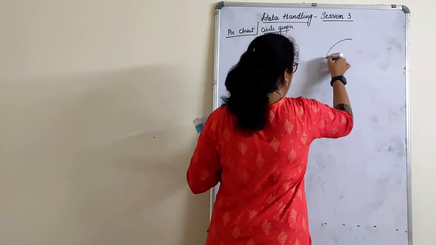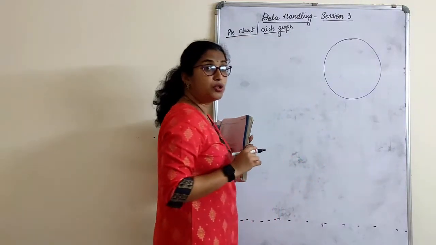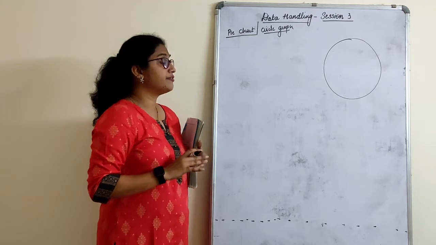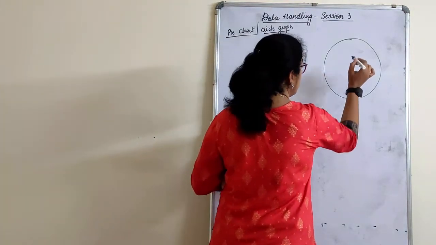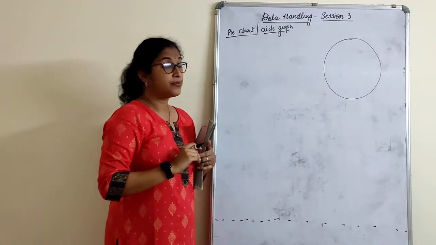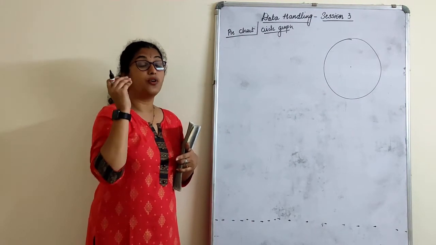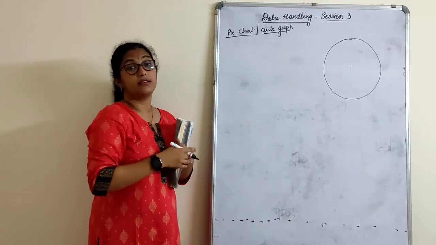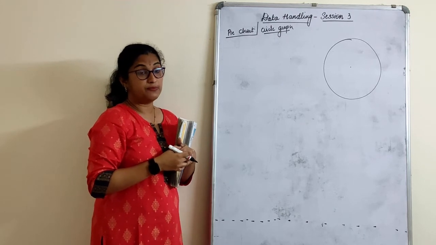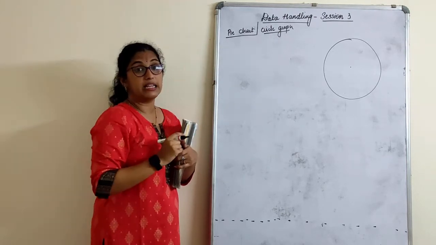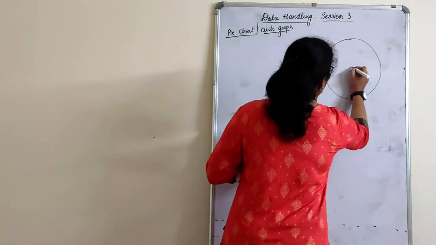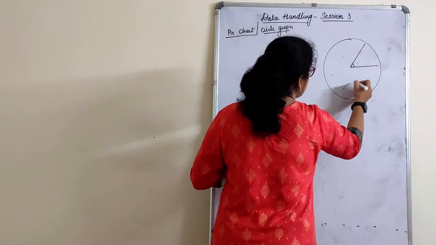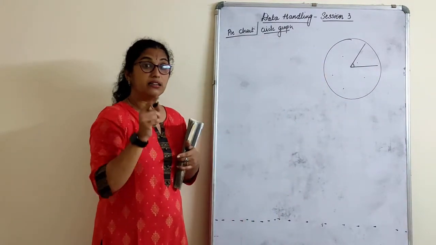The graph is in the form of a circle. You can do this in your notebook only. Graph paper is not required. What we do in the circle graph is, we know that the angle at the center of the circle is 360 degrees. With that measurement and the data given, we calculate the central angle of the circle. The sum of the central angles is 360 degrees, and every part gets its own angle. These angle measurements put together give us the pie chart.